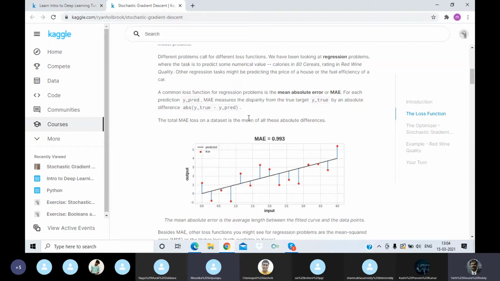We have a formula for a loss function for regression problems that is also called mean absolute error. We can define it as subtracting the predicted value from the true value. If we use this function, we will be able to calculate the mean absolute error, which is the absolute value of y true minus y predicted.